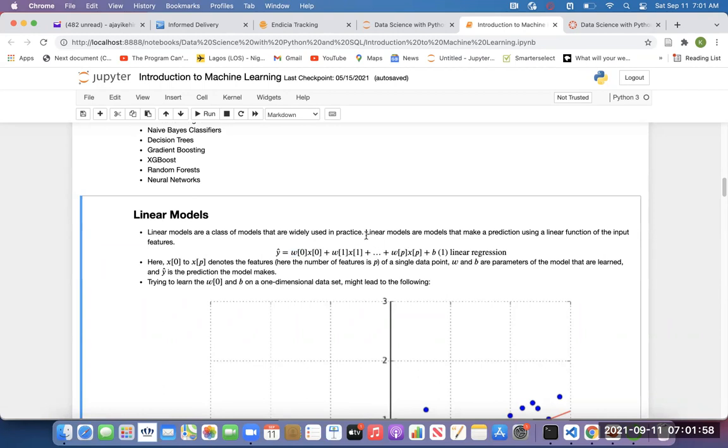So when you run a linear regression model, it is trying to come up with the values for these W's and this B, which you call the bias term, or some of you call it the intercept. The model is trying to come up with those values of B and W's that will help predict the accurate value of Y hat. So that's what the learning is for the model.